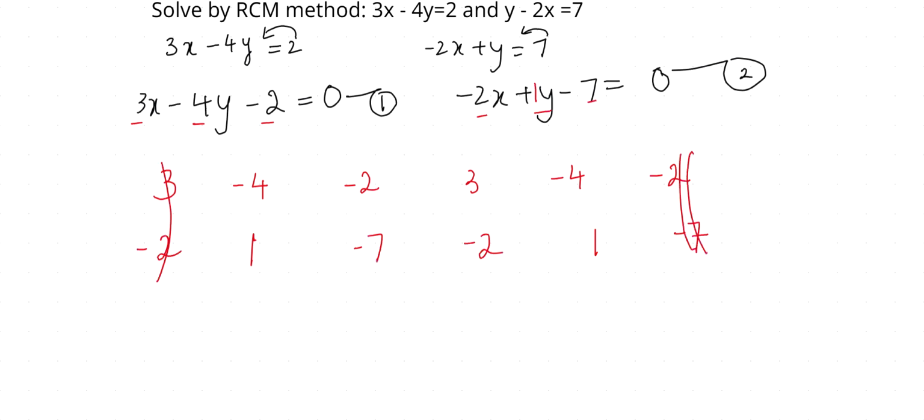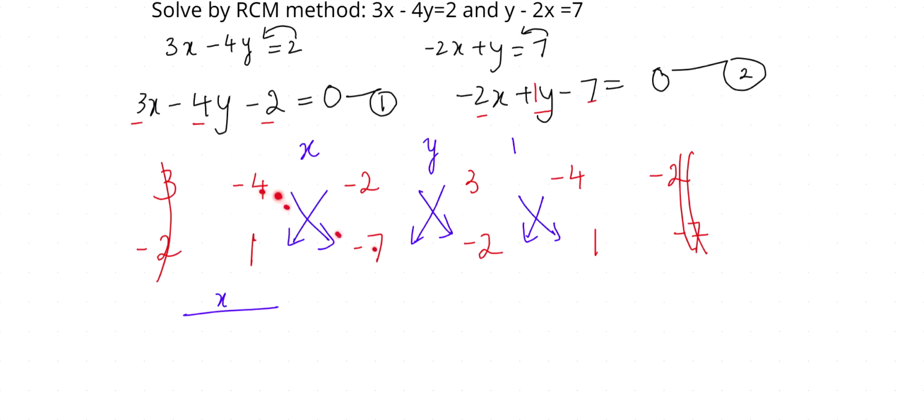All right. Now what will we do? I'll just change the font. Now I'm going to put x over here, y over here between the second 2 columns, and between the last 2 columns, I'll put 1. And I have to cross multiply. So what will it be? X upon minus 4 into minus 7. What is this product? Minus 4 into minus 7 will be plus 28, minus this product. This product is minus 2. So it will be